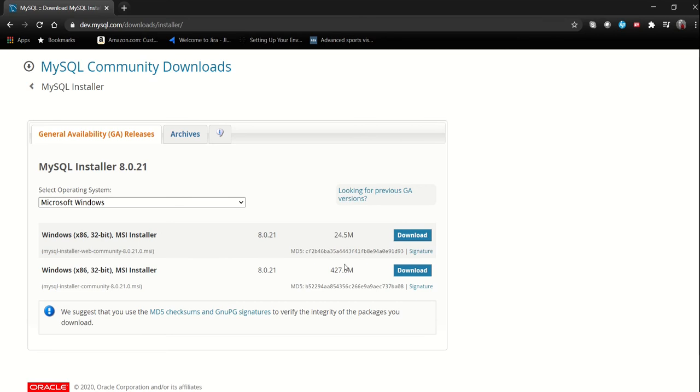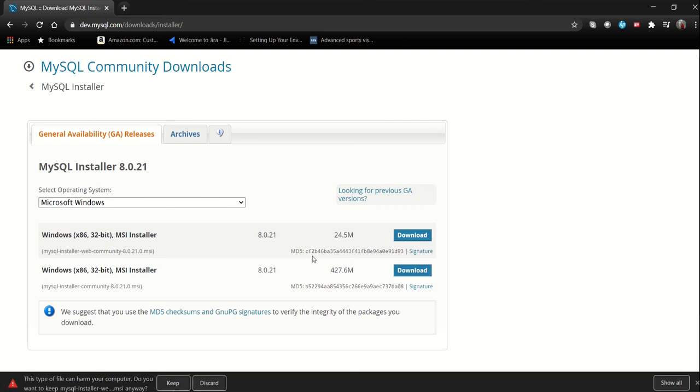The difference between these two options is that the first one only contains the installer, and based upon your selections it is going to download the files and then install them subsequently on your machine at the time of installation. The second download option will download all files and then you can install from your local copy in your machine. So I'll select the first one. In case your internet speed is slow, then I'll suggest you to download the second option. Now my file is downloaded.